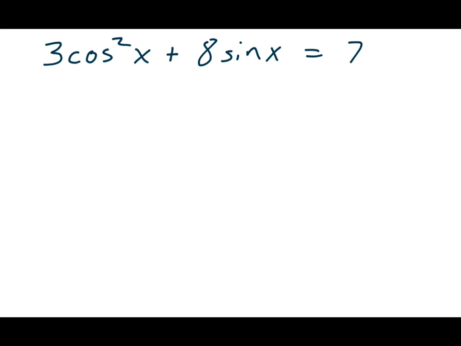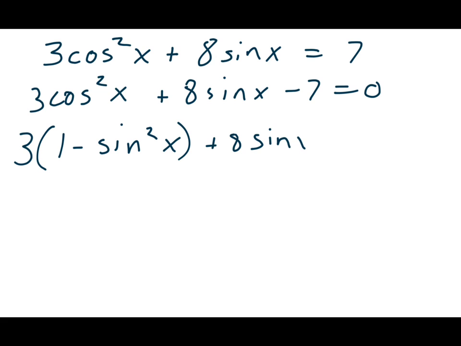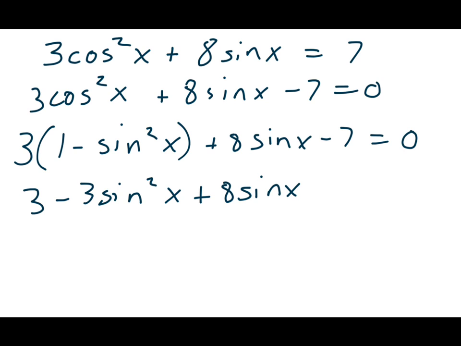First thing I'm going to do is subtract the 7 from both sides, where I have it set equal to 0. Then I'm going to use the Pythagorean identity to change this guy to 1 minus sine squared, which is going to give me 3 plus 3 sine squared x